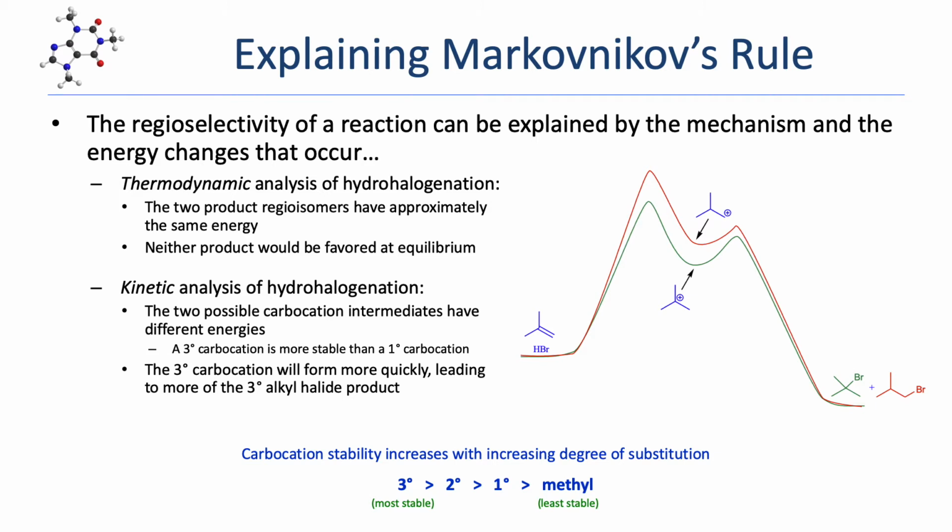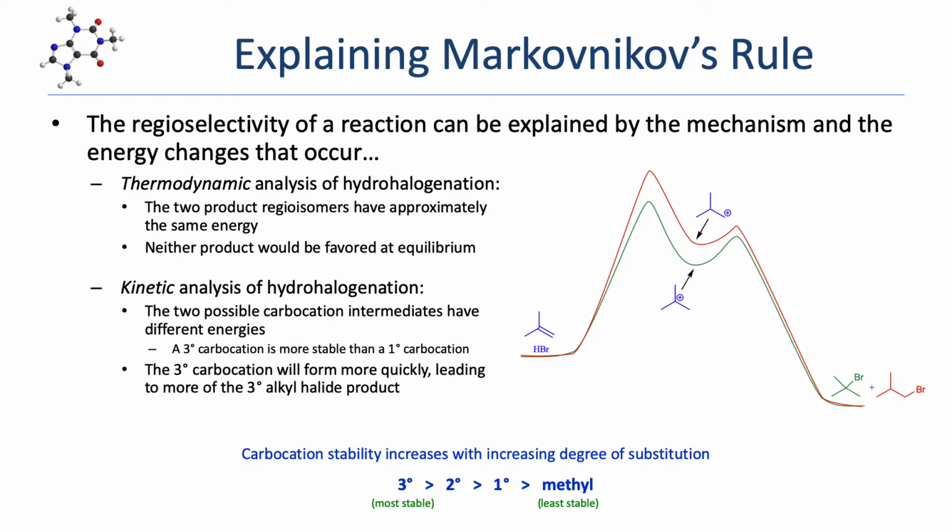And if you look at the free energy diagram, you can see that unlike the products, those two carbocations that lead to the final products actually do have different energies. The tertiary carbocation that leads to the major product is actually more stable, it's lower in energy, than the carbocation that leads to the minor product. And that's because there's a stability trend with carbocations. The more highly substituted a carbocation is, the more stable it is. And that means that a tertiary carbocation is the most stable, then secondary, then primary,